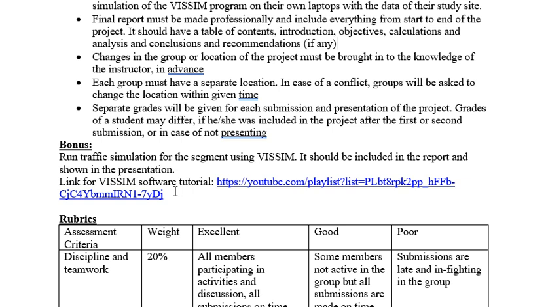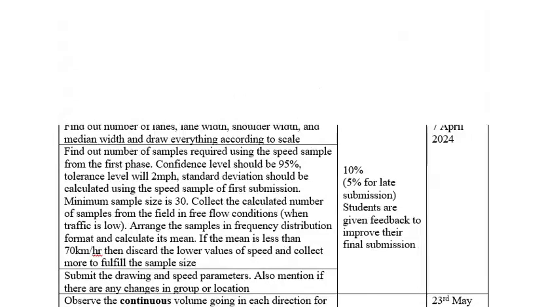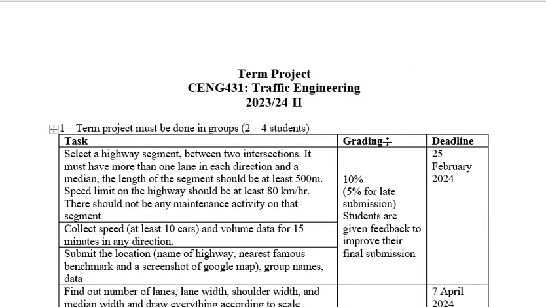So these are some of the details. I hope they are helpful. You can see the metrics over here on the basis of which you are graded. But I have tried to explain as much as I can.